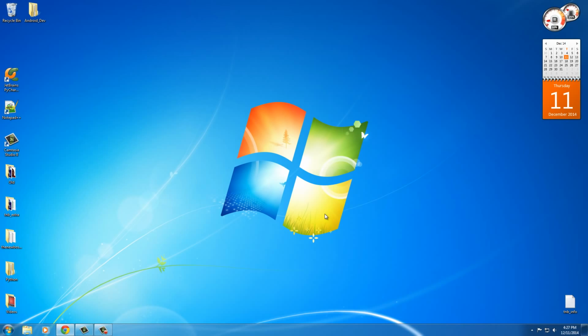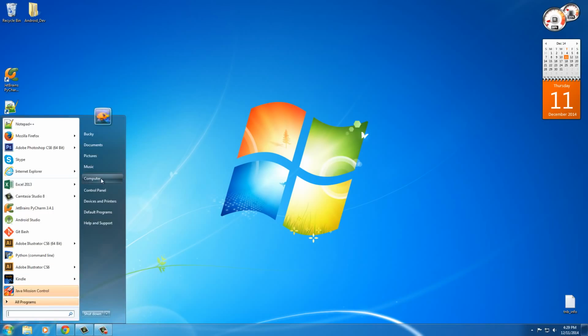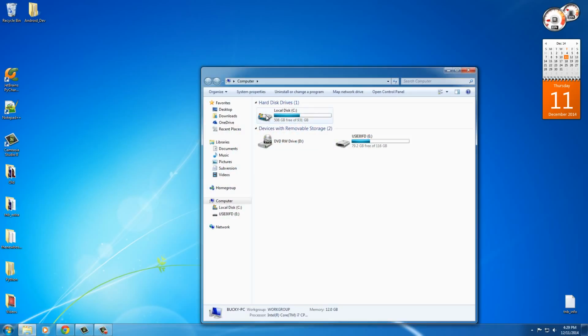However, before we download Android Studio, what we need to do is tell our computer exactly where it is. That's because later on when we download Android Studio, it's going to look for that JDK. So we need to explicitly say, hey computer, this is where the JDK is. So go to your start menu and then click on computer,